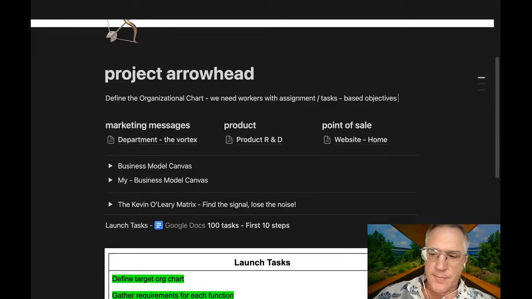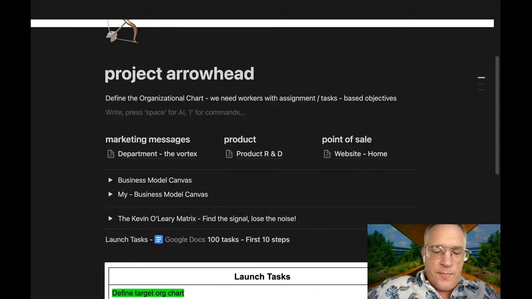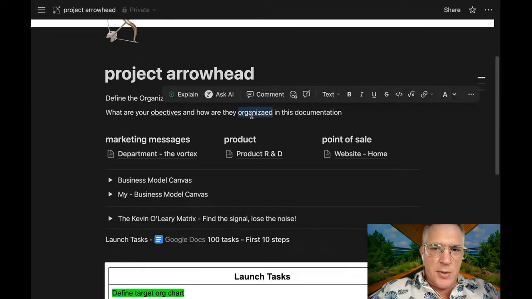So, question one: what are your objectives and how are they organized in this documentation? Wow. So, I didn't really do much typing so far this morning.